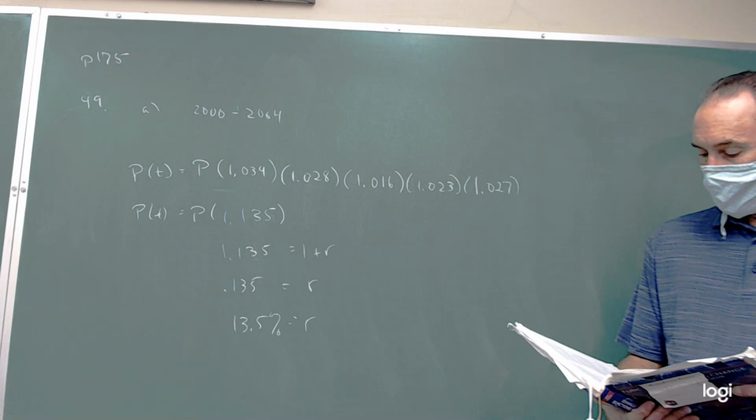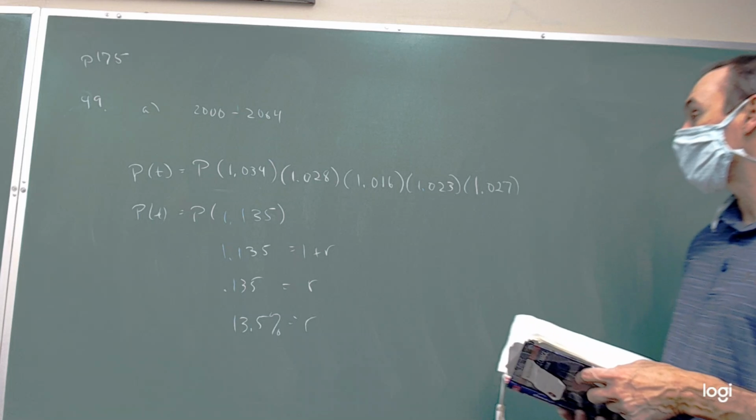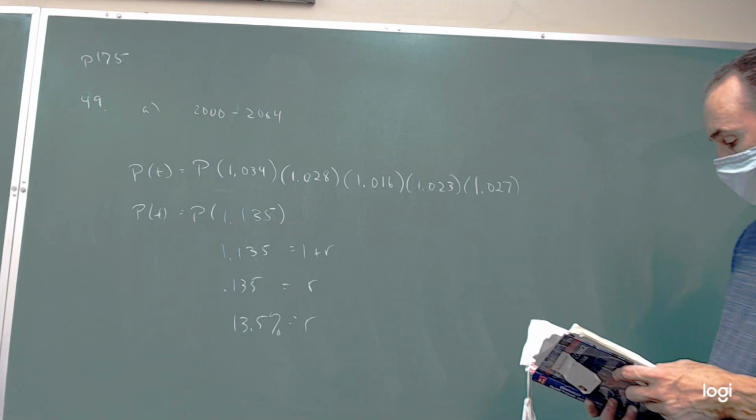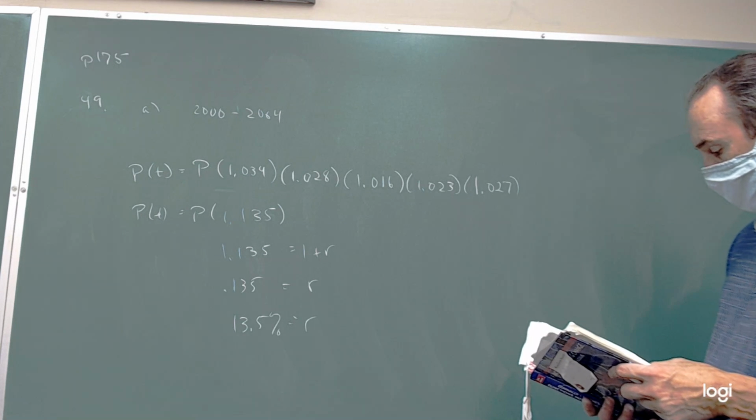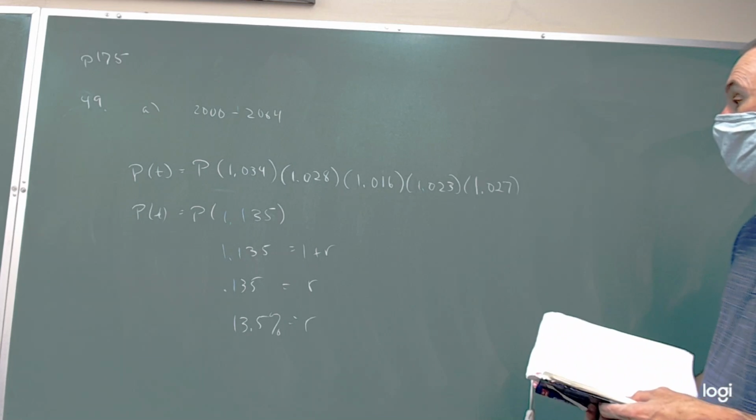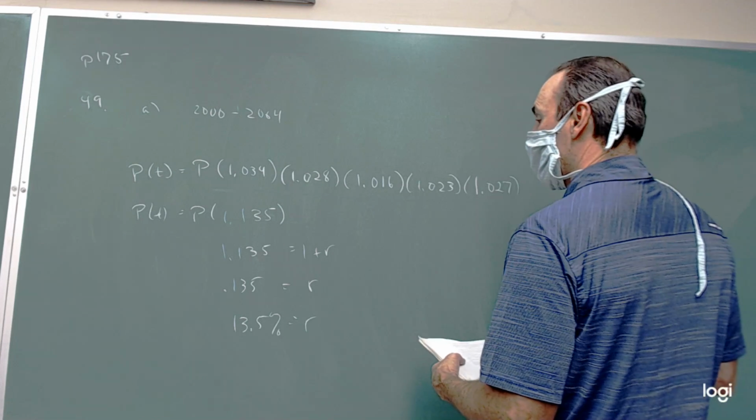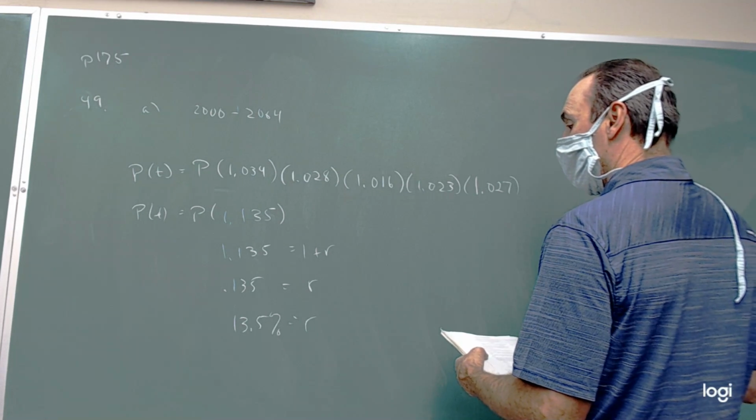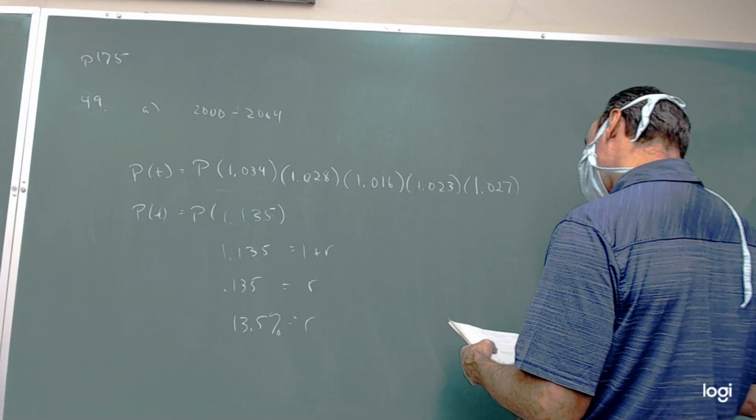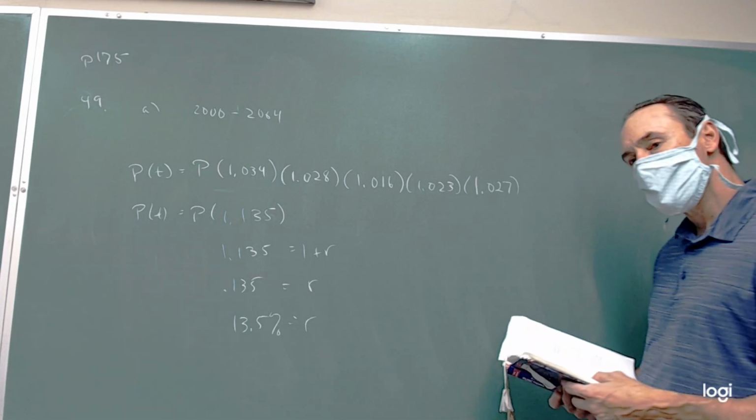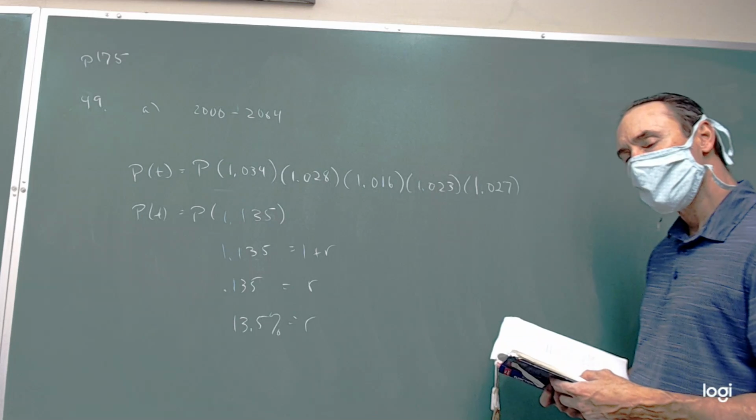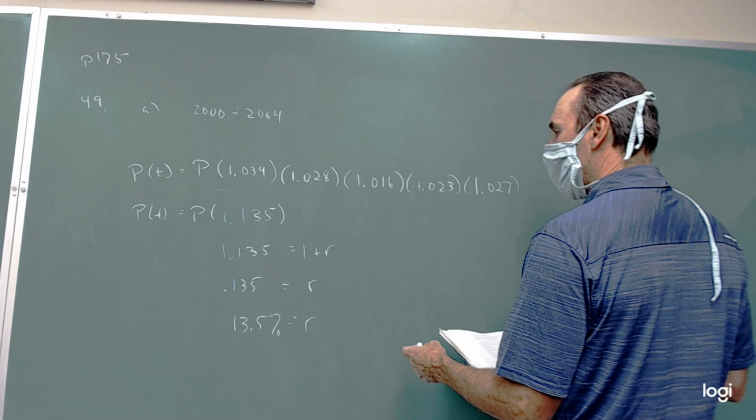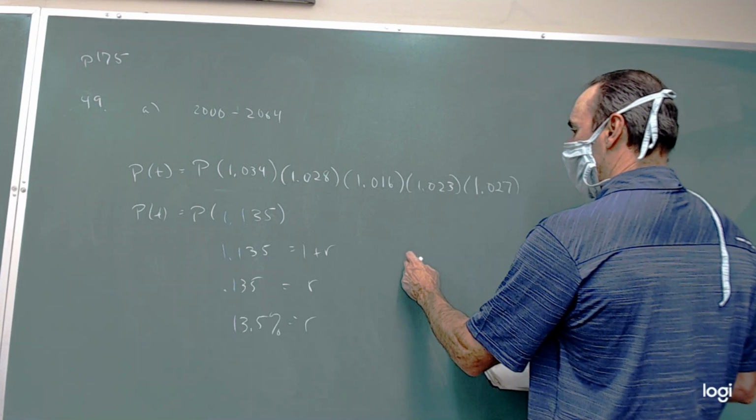It says, what's the average annual percent? Oh, no, we have to do it differently for the average. So the average annual percent means we're going to... 13.5. Good question. I don't know that we can just do it that way. That's a fair question, but I think what we want is to say that,